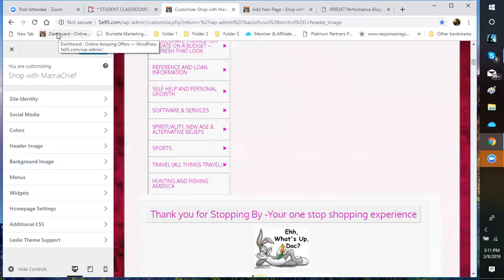Okay. But as far as things that you want on your bookmark bar, you want to make sure your website is on your bookmark bar, because you don't want to keep hunting it. Right. And then anything else that you use all the time is the other things you want to put on your bookmark bar. And when you bookmark it, you want to make sure you bookmark it after you've put your passwords in. Right. You don't want to bookmark it before your passwords, because then you're looking up